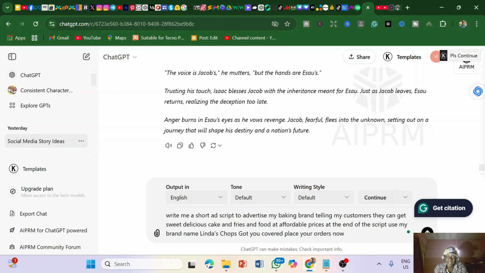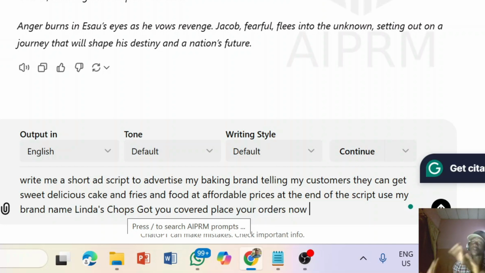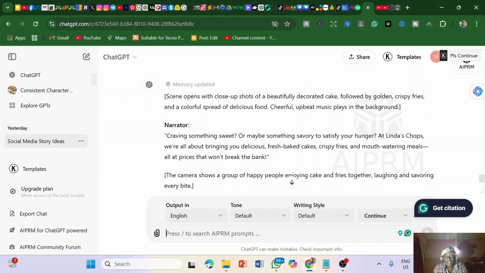So copy the prompt exactly the way it is. Now depending on the kind of business or the brand that you're going to use, you just change the brand that you want to use here. Everybody has businesses around them. You can use any business for this. Let's say it's a cloth brand, so you can say for my cloth brand, not baking brand. Or let's say it's for a makeup brand, so you can say for my makeup brand. Then you now put the actual name for that particular brand that you want to make this video for. So you can see it has generated the whole script for us.